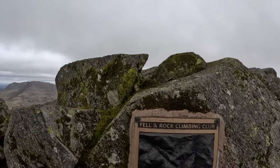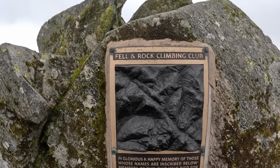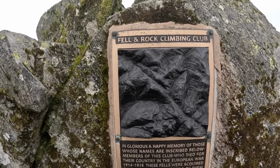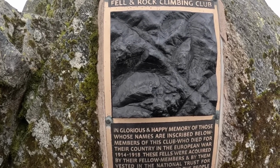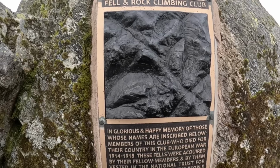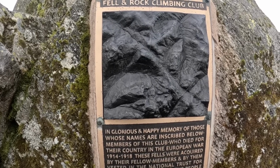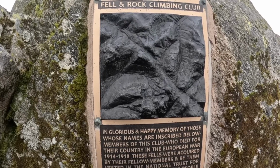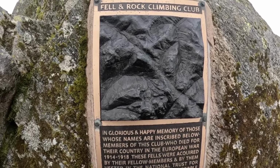Fell and Rock Climbing Club, in glorious and happy memory of those whose names are inscribed below, members of this club who died for their country in the European War, 1914 to 1918, so First World War. These fells were acquired by the fellow members and by them vested in the National Trust for the use and enjoyment of the people of our land for all time. Right, and there's all the